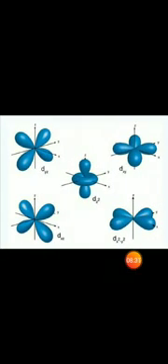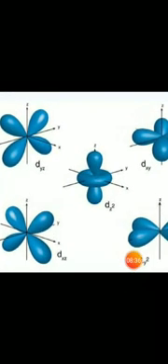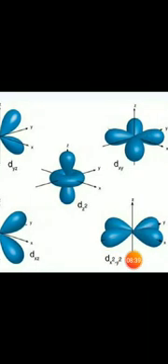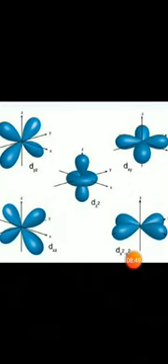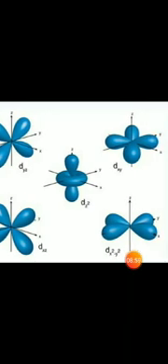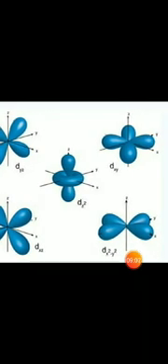And this is about the 5 d orbitals, children: dyz, dxz, dxy, dz square and dx square minus y square. Total 5 d orbitals are there. In these 5 d orbitals, in dyz, dxy and dxz the lobes are in between the axes, whereas in dz square and dx square minus y square the lobes are arranged along the axes, children. Right? This is the topic, children.